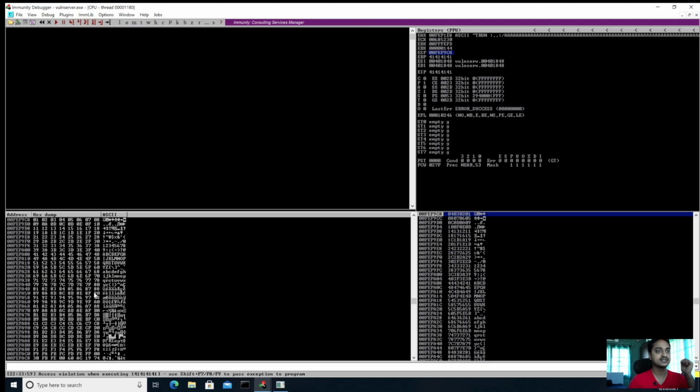But this is the eye test that we were talking about. We did this in the previous step, where we were checking manually by eye what the values are there. We can see 01, 02, and we were going to verify after FF if there is anything bad in it, basically any weird character. But another way you can do it is using Mona. You have to first generate all the possible hex values, store them in a file, and then compare the ESP with the content of the file.